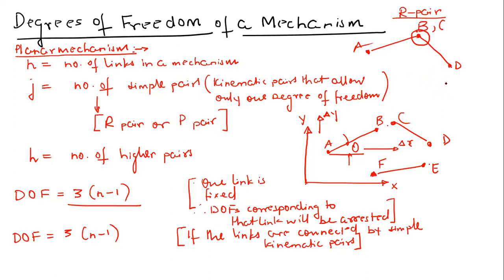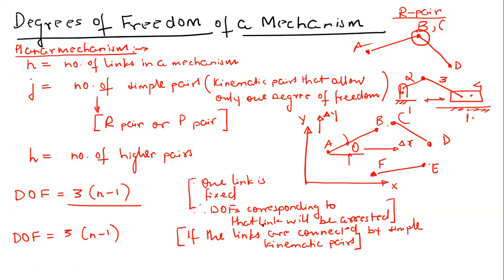In a similar way, let us say if you have a prismatic pair. So let's talk of a slider crank mechanism, right? So here, let's say this is your link 3, this is your link 4, right? So observe here that between link 1 and link 4, only translatory motion is allowed. So again, if you talk of a prismatic pair also, then only 1 degree of freedom is allowed and 2 degrees of freedom are arrested, correct?